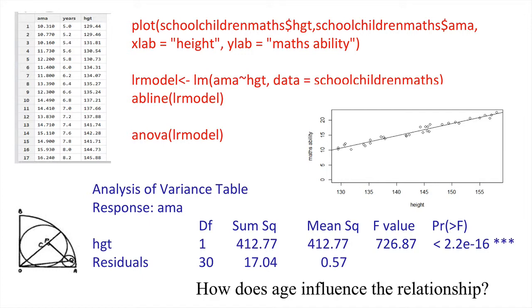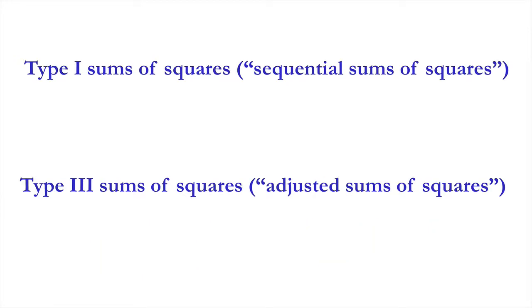So how does age influence that relationship? To understand how to disentangle the effect of one predictor on a response from another predictor on a response, we need to consider the various sums of squares available to us in an analysis of variance. And I'm going to introduce two here. The first one is the type 1 or sequential sum of squares, and the second is the type 3 or